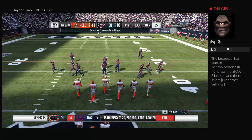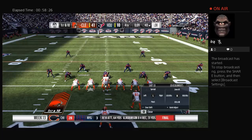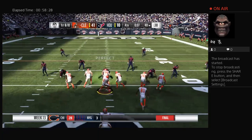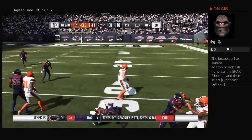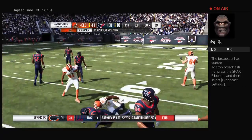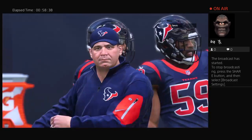Hey. Running game working. They'll stick with it on 1st down. And he works it to the 30-yard line here, right at the 30. Partner, I remember a coaching friend of mine used to tell his running back